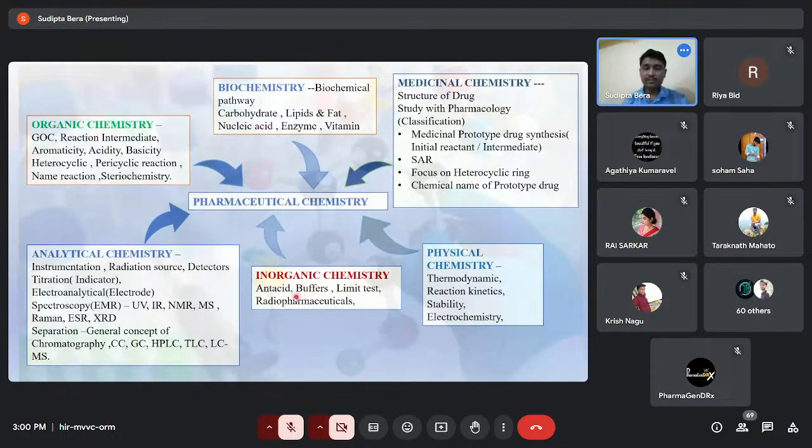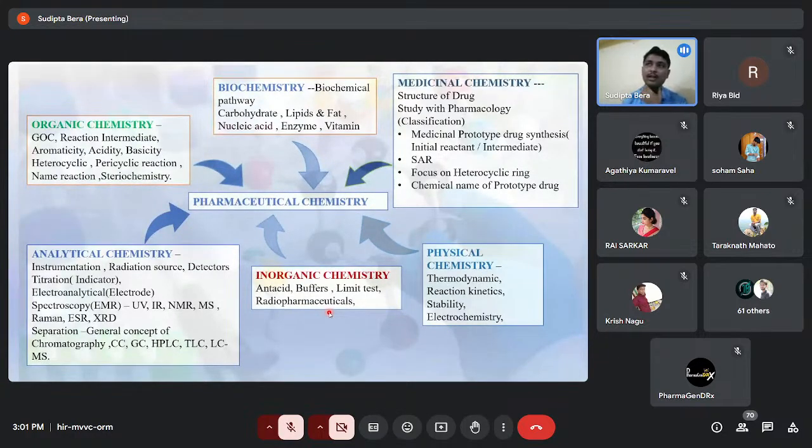Inorganic chemistry is also a minor subject, like antacids. What is the mechanism of antacids? When there is more acid in the stomach, you take antacids or any modifiers that neutralize the acidity. What are the physical procedures? Antacid buffers. And in analytical chemistry, limit tests. One question is like the arsenic limit test, lead limit test, sulfur limit test. What instruments are used? What color changes occur in the limit test? Simple topics. And biopharmaceuticals,